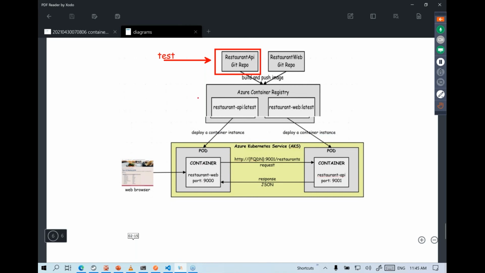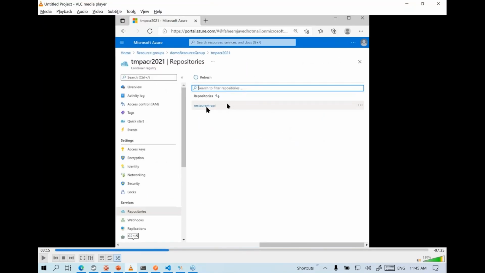Likewise, after pushing the image to Azure Container Registry, ideally we should test it out on Azure in a standalone manner before you deploy to a full-blown Kubernetes service. So to test it out in a standalone manner, even if you do not have the AKS Azure Kubernetes service, we can choose to create a standalone instance of this particular registry, or sorry, the image.